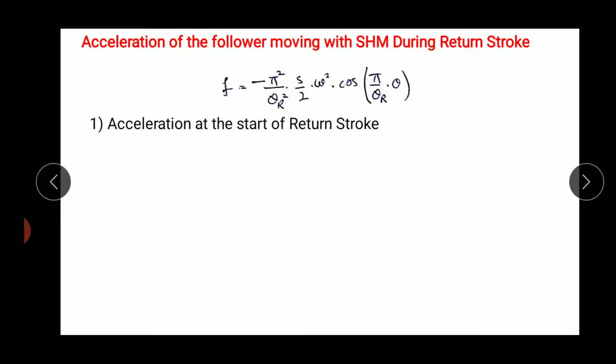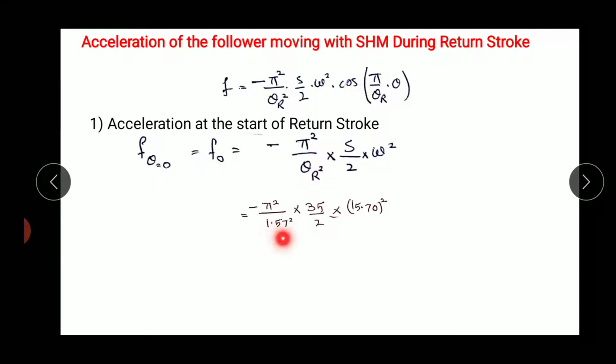So at the start of return stroke, when theta equals 0, put 0 over here. It will be cos 0. Cos 0 is 1, that's why only the remaining part will be left. So put all the values. Theta r is 1.57 here in terms of radians. Remember, it is in terms of radians, 1.57 radians. Put all the values and you will get the value, that is minus